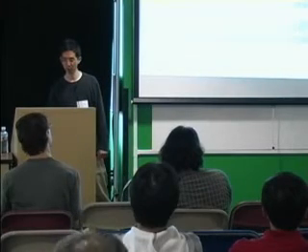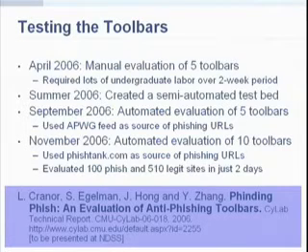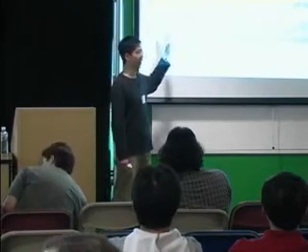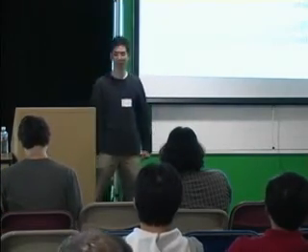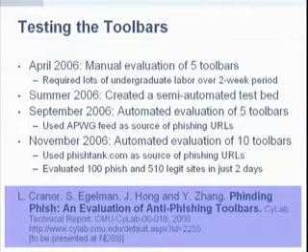And in November 2006, we did an automated evaluation of 10 different toolbars, and we used a different source. This time we used phishtank.com as a source of phishing URLs. Phishtank.com is basically trying to do the same thing as APWG, in that anybody on the internet can submit what they think is a phishing URL or a phishing email, and then other people can rate whether it's actually phish or not. We evaluated 100 phishing websites and 510 legitimate sites in just 2 days. So this is much better in terms of performance and in terms of evaluation time.